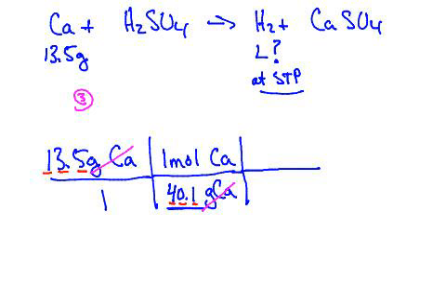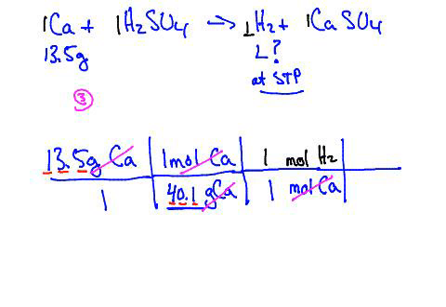Now, side note, ladies and gentlemen, my grams of calcium cancel. Now what do I want to get to go away, Mr. Sam? We want the calcium to go away and to become hydrogen gas. So the way we do moles of Ca in the bottom, calcium, because it wants to go away. And then I'm going to say moles of hydrogen. I'm changing colors, ladies and gentlemen, because, of course, I have a new chemical here. Now, the mole ratio, this is from the balanced equation. This is 1 to 1 to 1 to 1. This is a very easy mole to mole ratio. This is 1 to 1. But now, my moles of calcium can change. Got that?